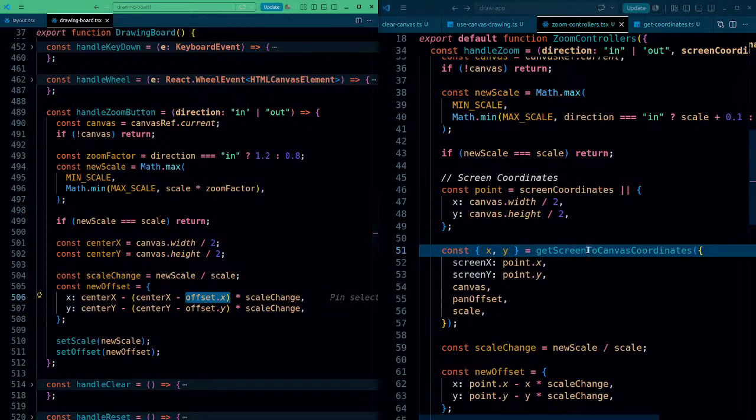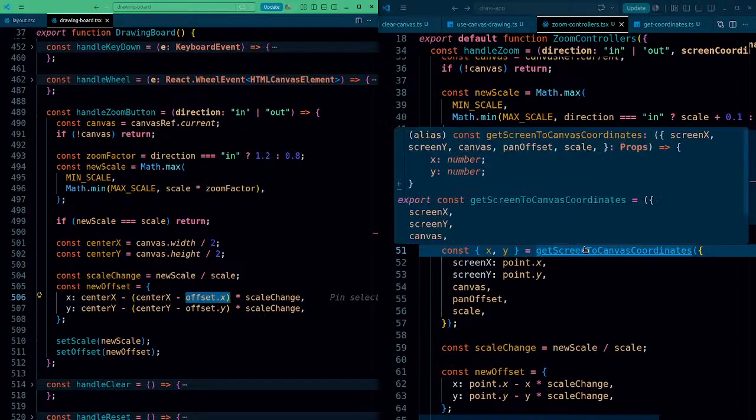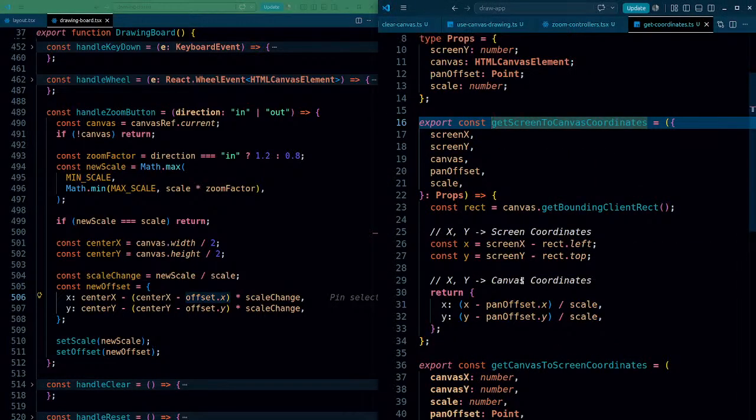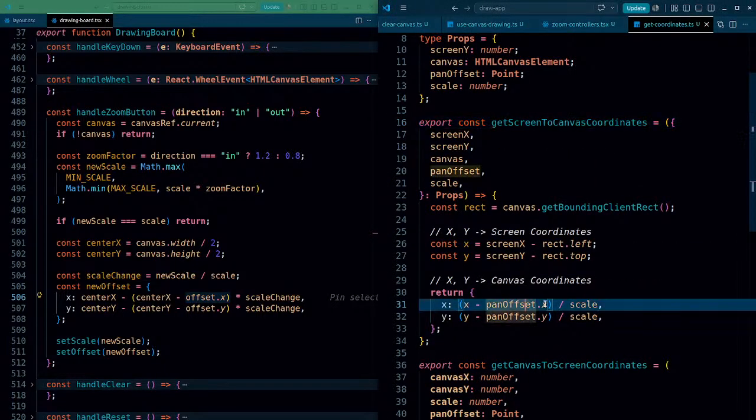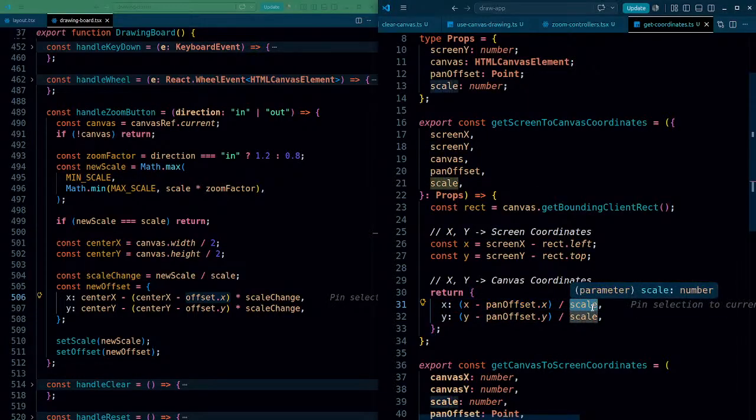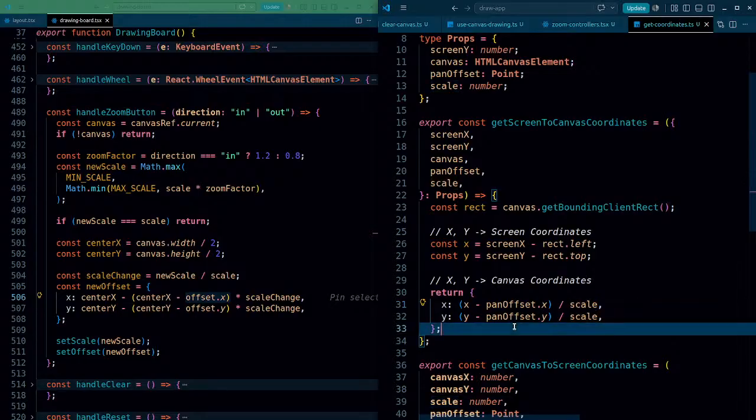But what we are doing over here, that we are subtracting it by pan offset, great, we are even dividing it by scale, that's the problematic thing. And why aren't we going to be dividing it? Because center x is just center x and it will always be the one, it's not going to change whether we scale or not. But a point,